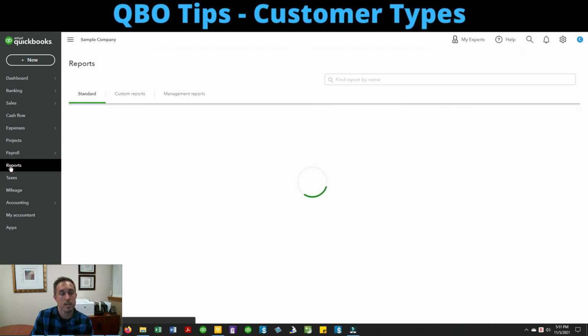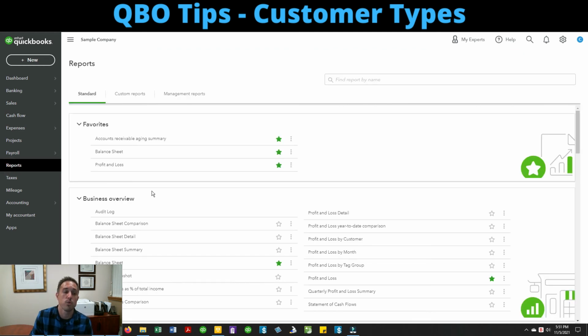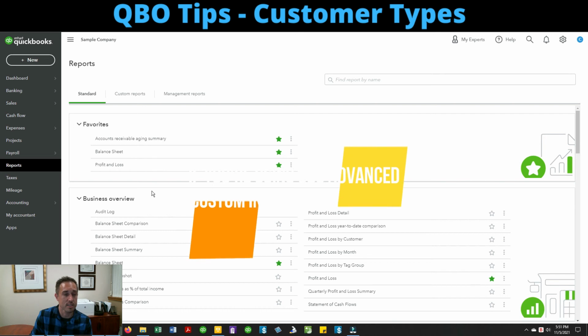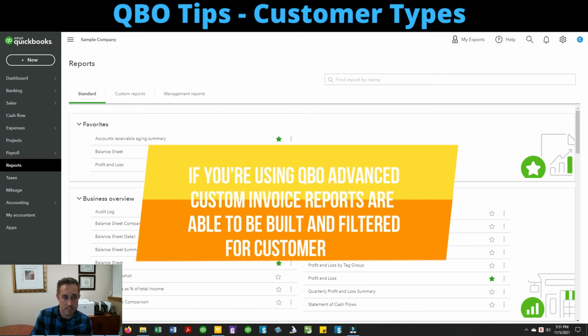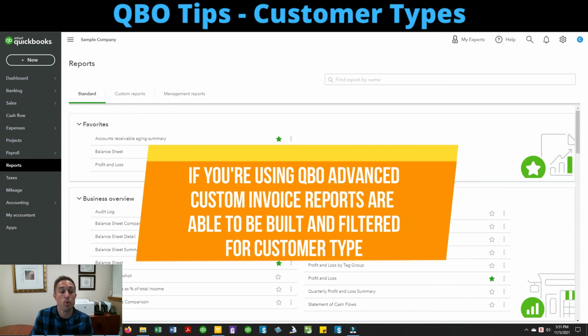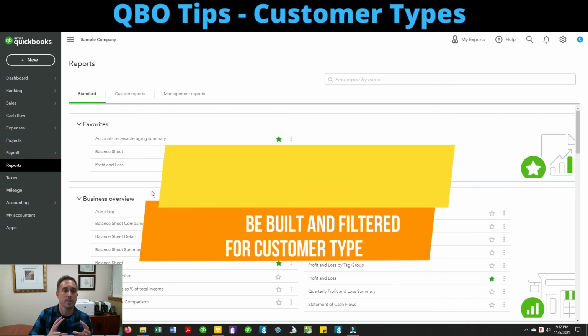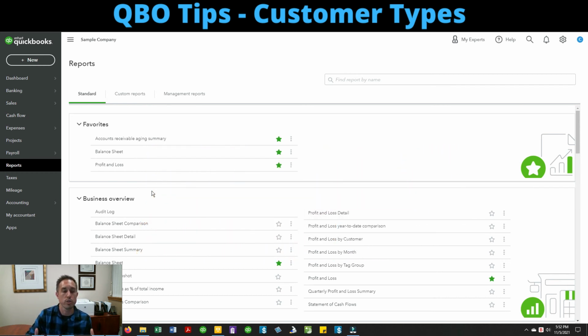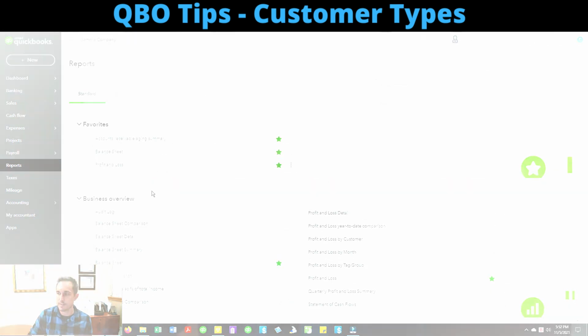Also, if you're in the report screen and you are in the QBO Advanced, they have that custom reporting that's out, so you can do invoice and expense type custom reports. Under Advanced, you can do an invoice type report, and you can use the customer types in creating and filtering those reports. So it becomes another metric that you can customize what you need to see from there.